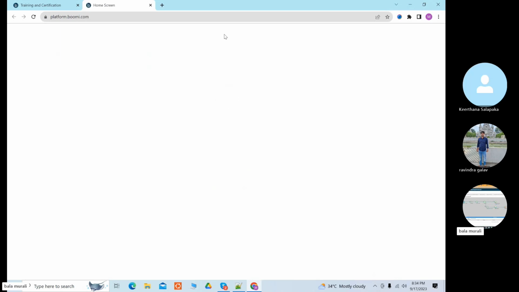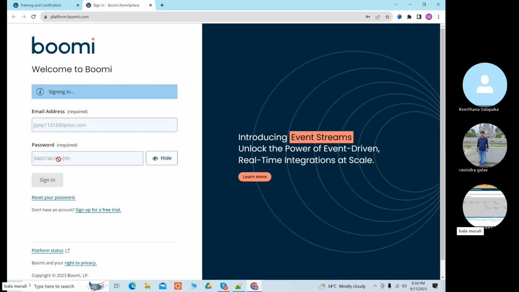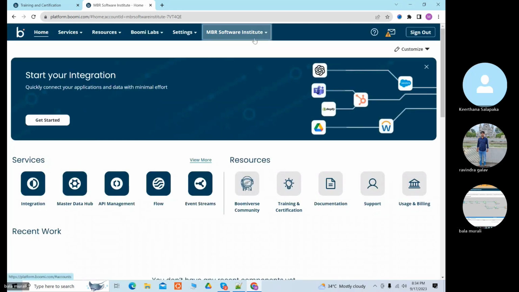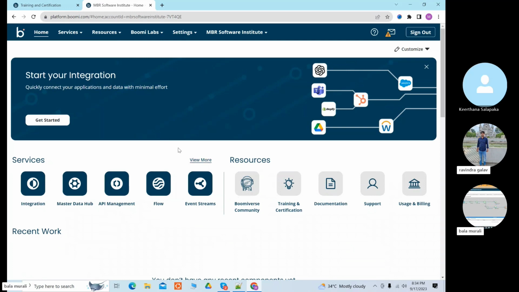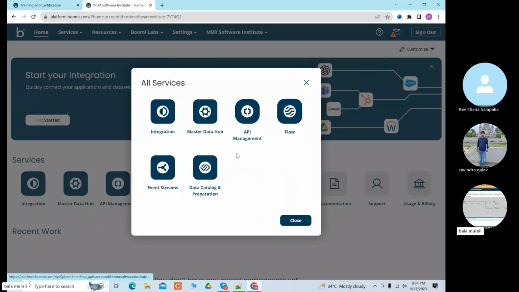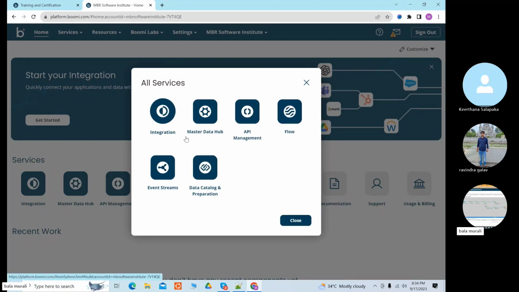I already created an account for you in the platform login also. This is your user ID, but actually you can't access this. So what is the part you are dealing with here? Integration, right? So here we have to select this one, integration. See, in view mode, we have all. The B2B won't be there. B2B will be included everywhere, whether it's integration or API management also.